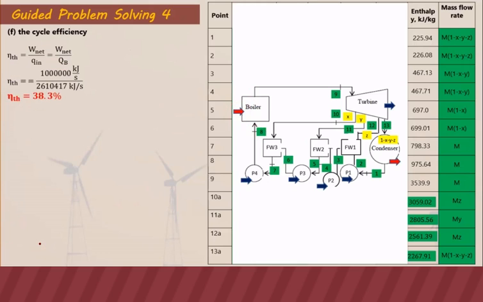And finally, for the cycle efficiency, that is just equals to work net over the heat input. And we already have those values, so we just substitute. So our thermal efficiency for this 3 open feed water heater regenerative cycle, which is actual, is 38.3%. So the reason why it's lesser, because it's an actual